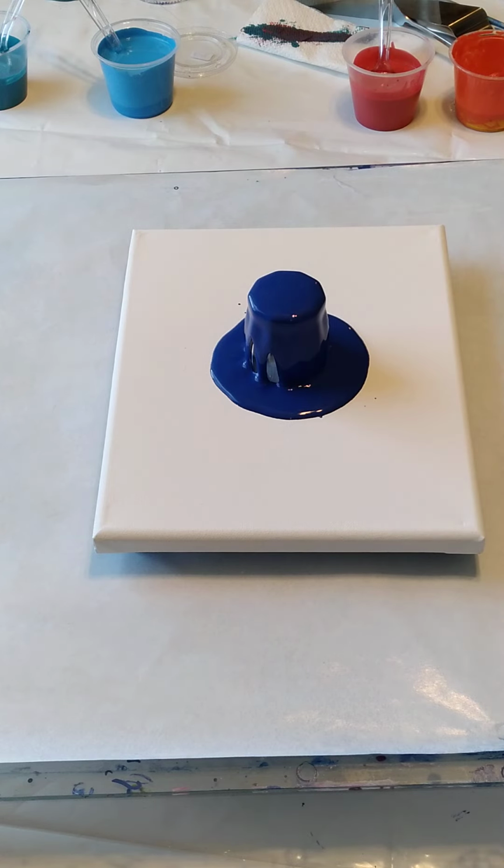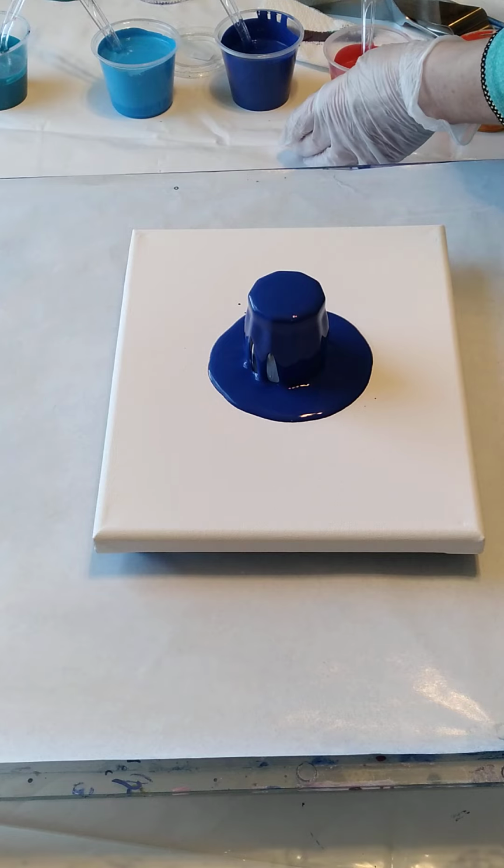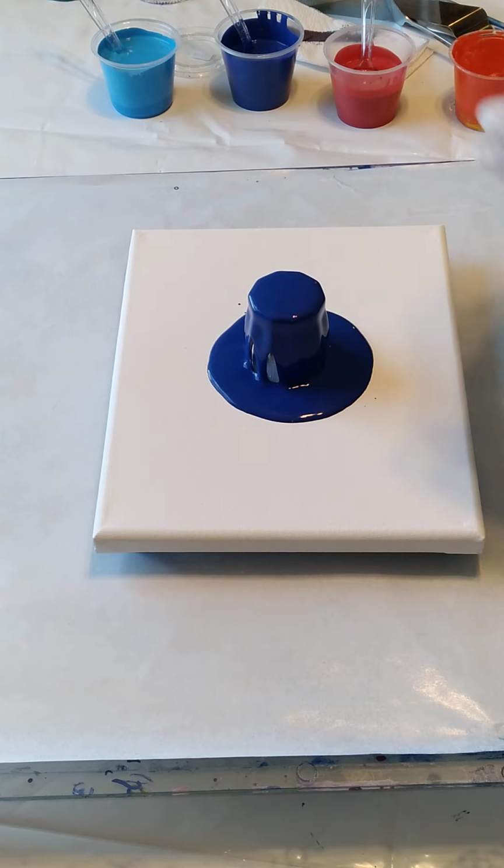The paint that's left on the top, it will be quite thick, but I do not have problems with my paint cracking. I use a formula that I created myself, and